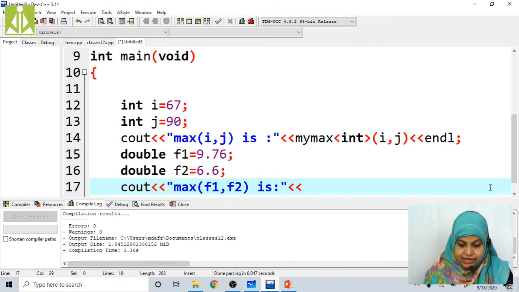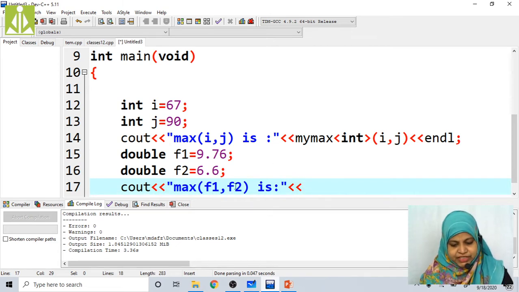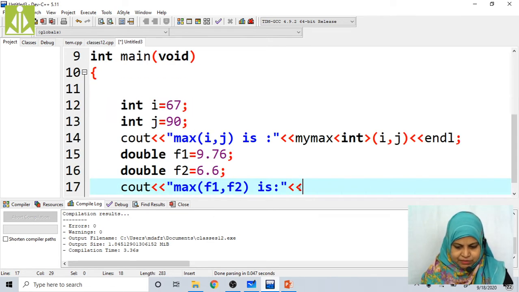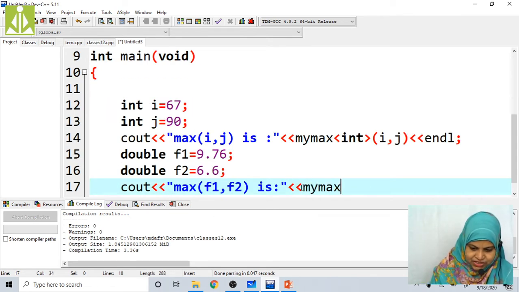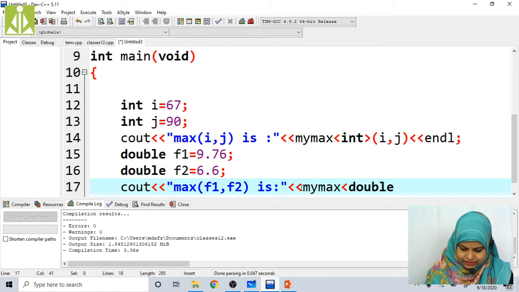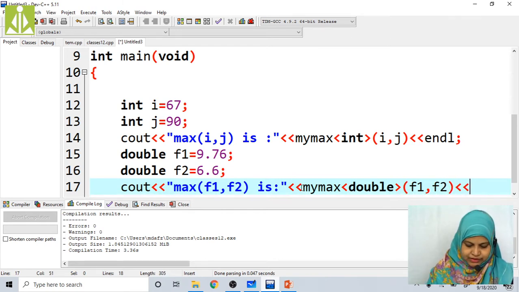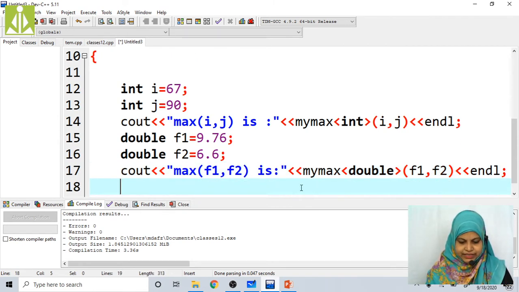Then to find the maximum of these two numbers, which function do we have to call? My max function, right? Here what value are we going to pass? Double. Here what values? f1 comma f2, then endl, ending the line, right?